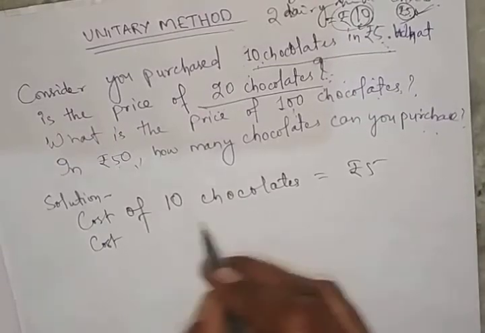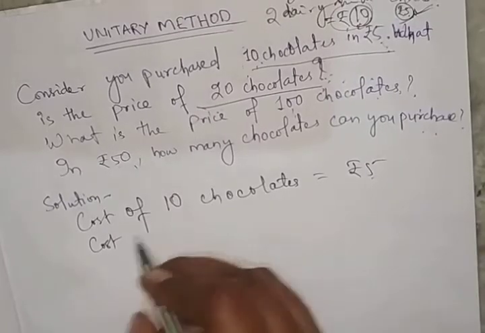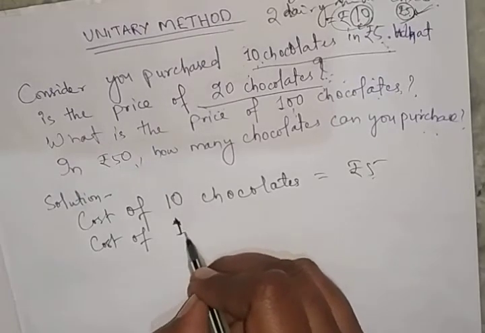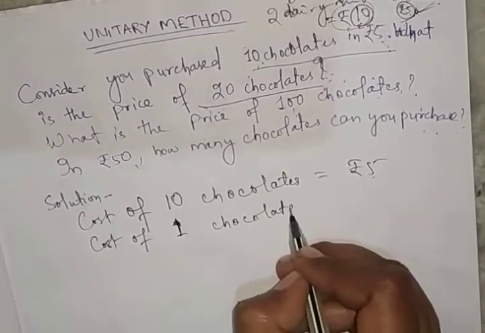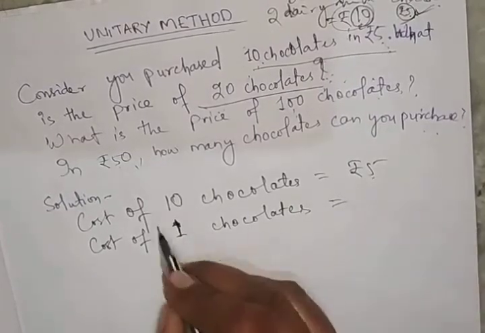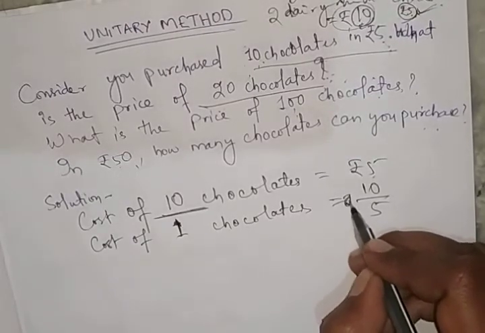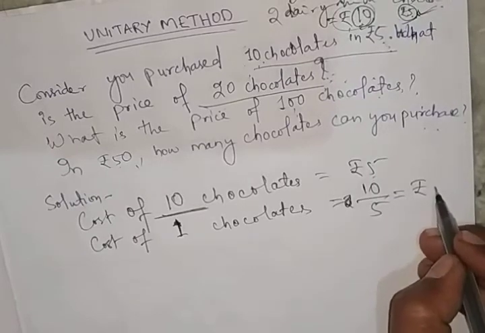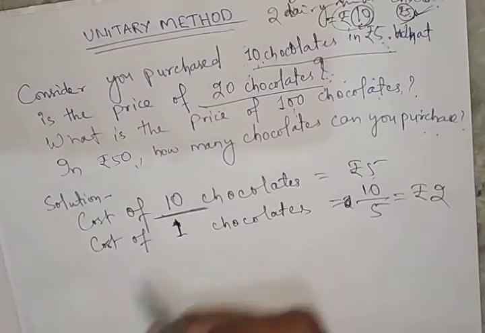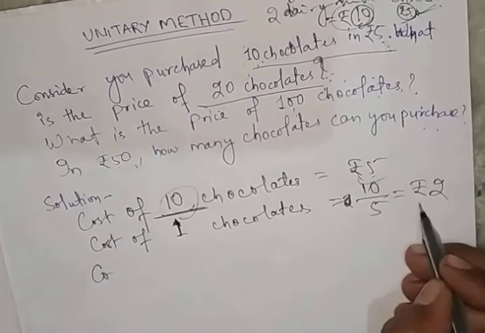The cost is not given; cost of 10 chocolates is 5 rupees, and you need 20 chocolates. So first you found the cost of 1 chocolate. If you need to know the rate of one chocolate, what will you write? You will write 5 by 10, that is 0.5 rupees. So you will divide the first number with the second number. Next you got cost of 1 chocolate.